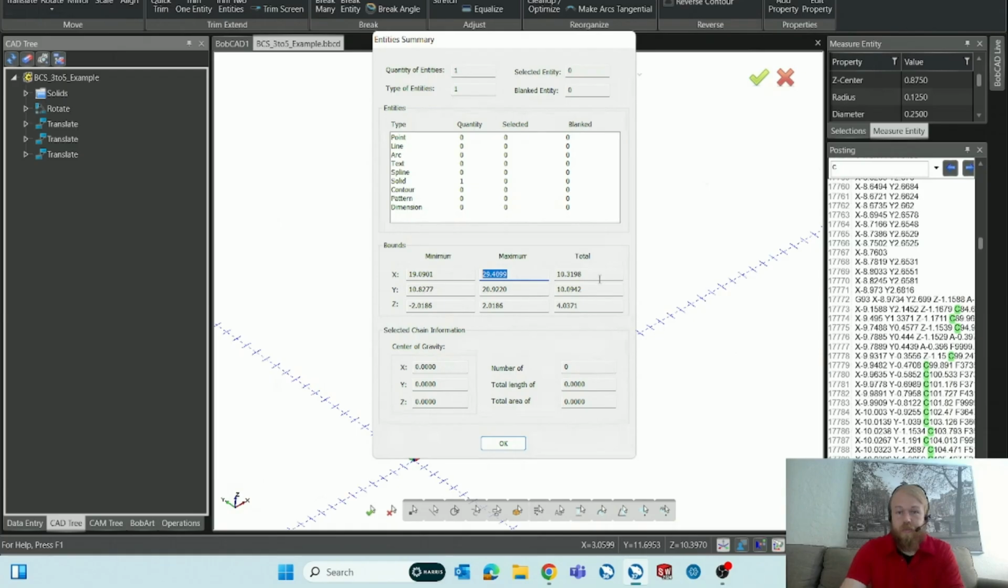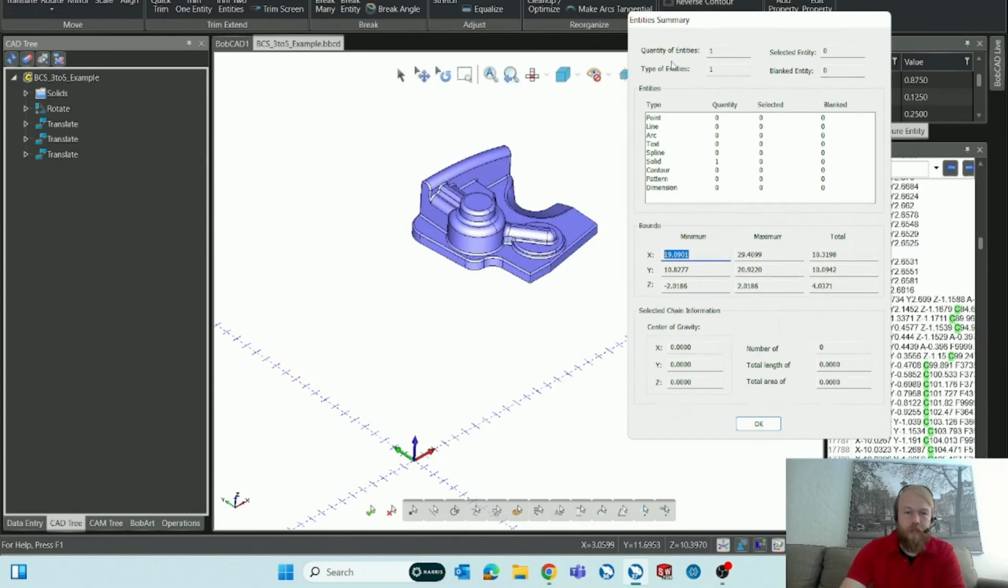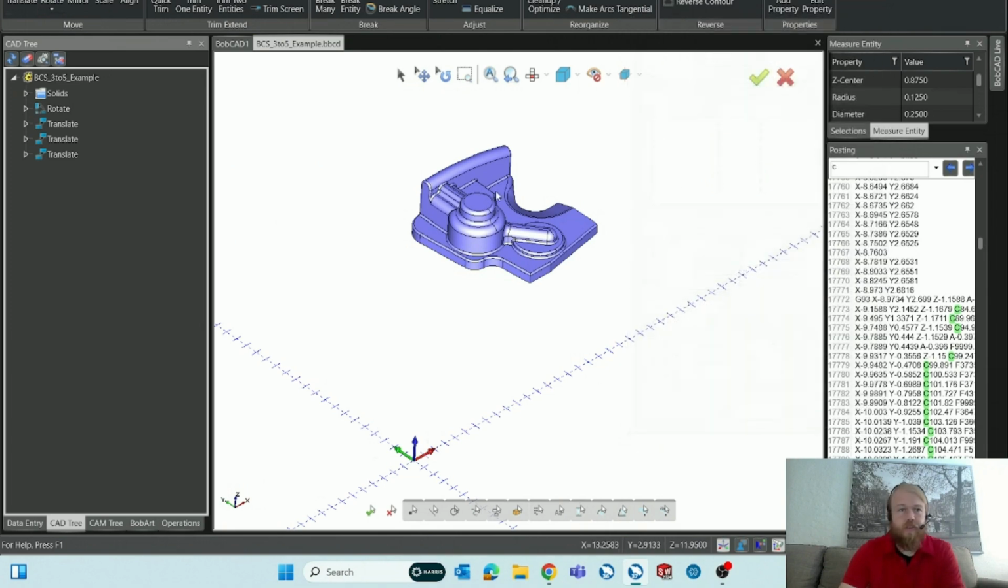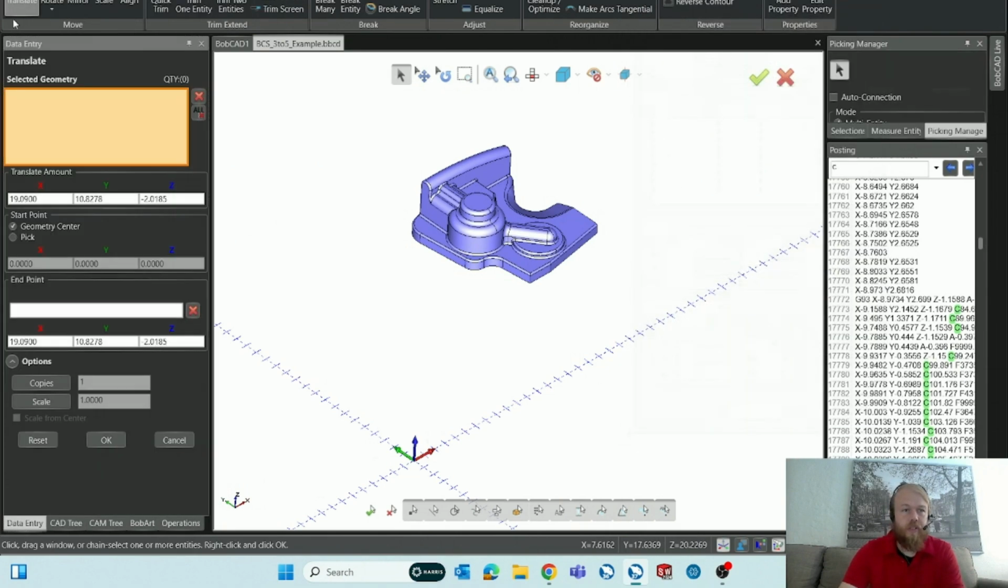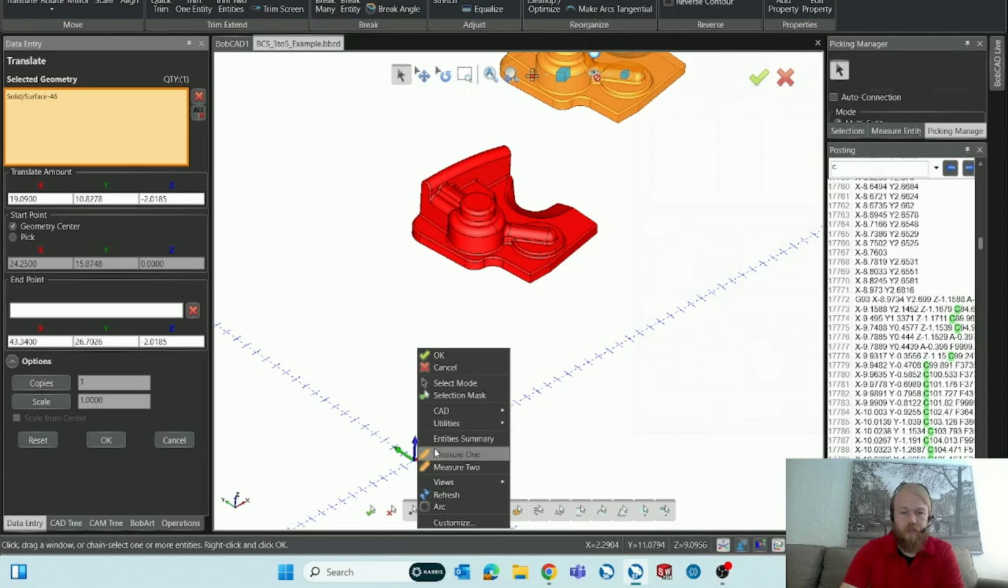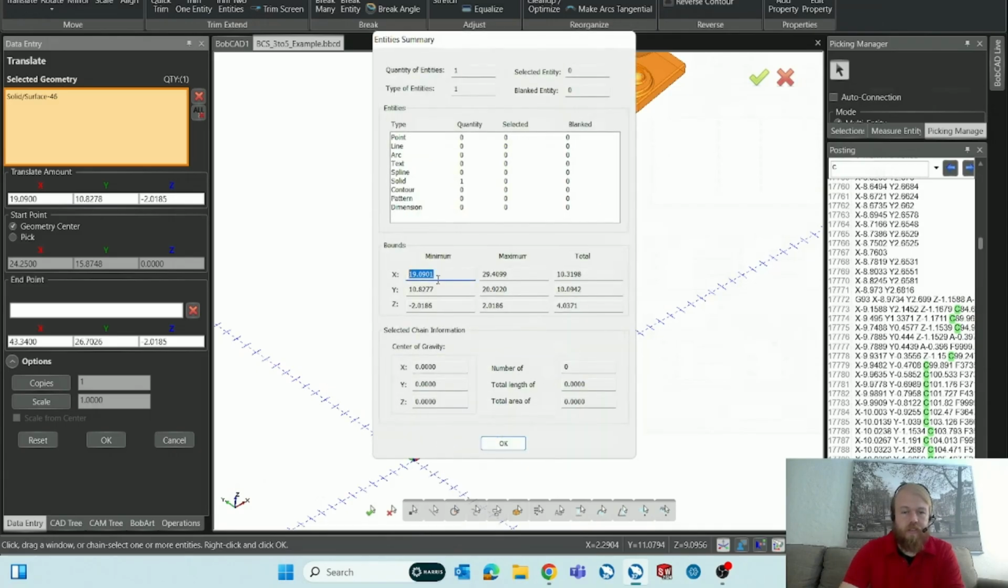So the total would be total length, total width, and total height of the part here in X, Y, and Z. So what I did, I went to translate, and for example, I wanted that bottom left corner over here. It's somewhere out in space, but that's the corner that I would be moving to our CAD origin location. I really just went into utilities, went to translate, selected the solid model, and then for my translate amount, I just right click, go to my entity summary. I just copy this number,